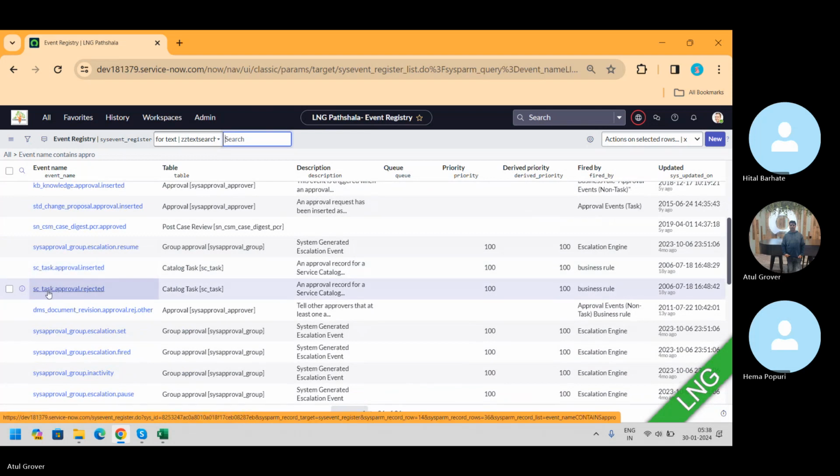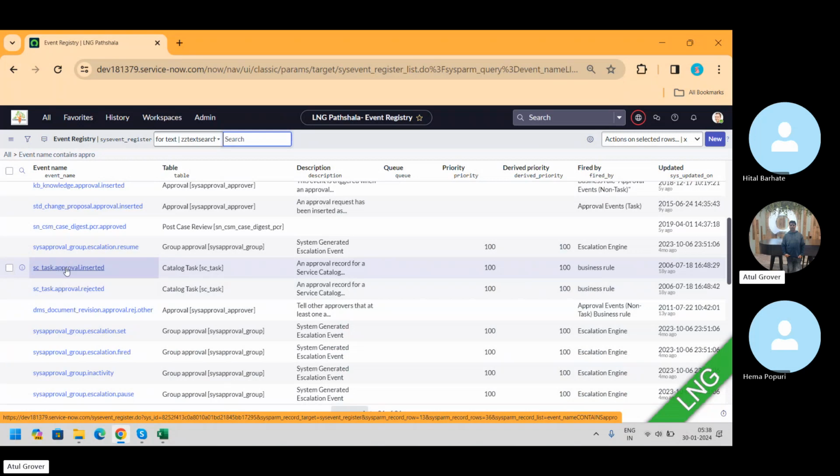It means when it has been rejected, I want an email to be triggered. Active task email inserted: when an approval is inserted, it should trigger this particular